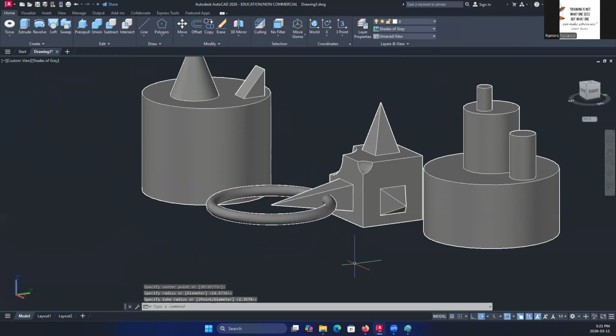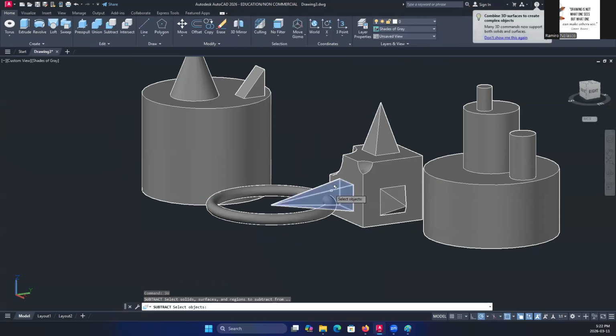And then if I want a hole there, I can just use the subtract. If I want to keep a copy of this, I need to copy it first before subtracting. If you need a copy of the object, make sure you copy it first. Otherwise, if I just want a hole there, based from my torus, I can use the subtract command.